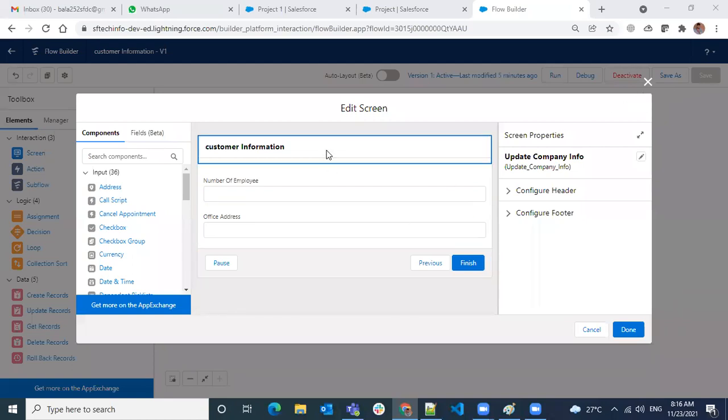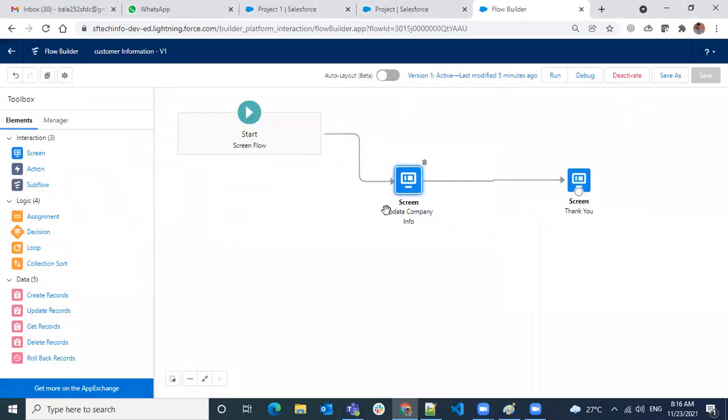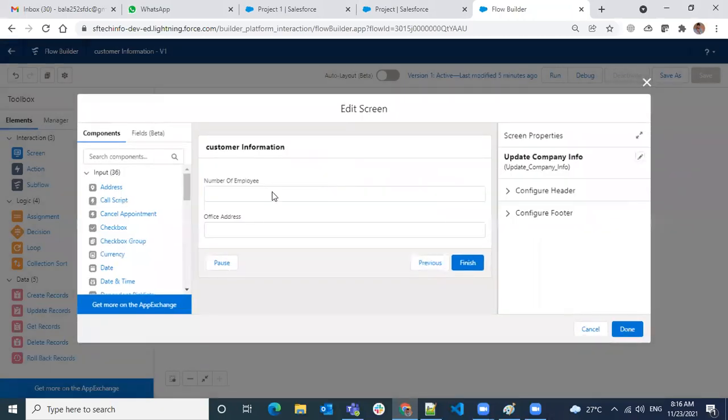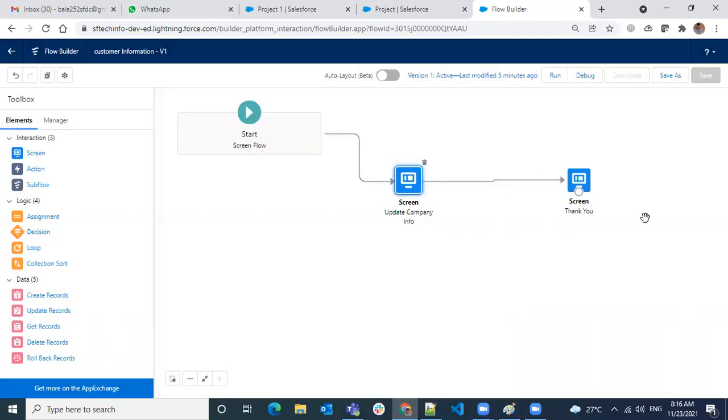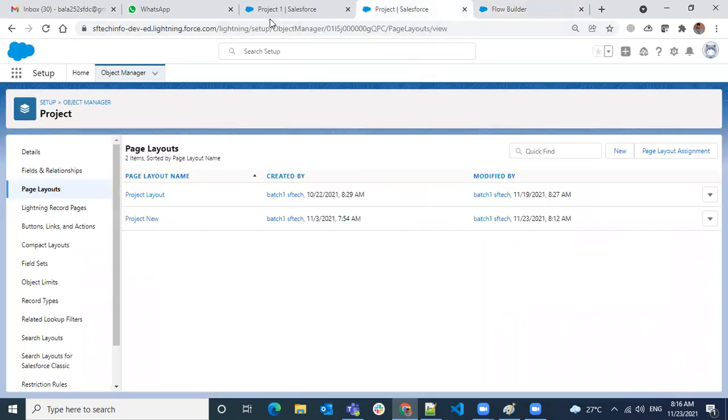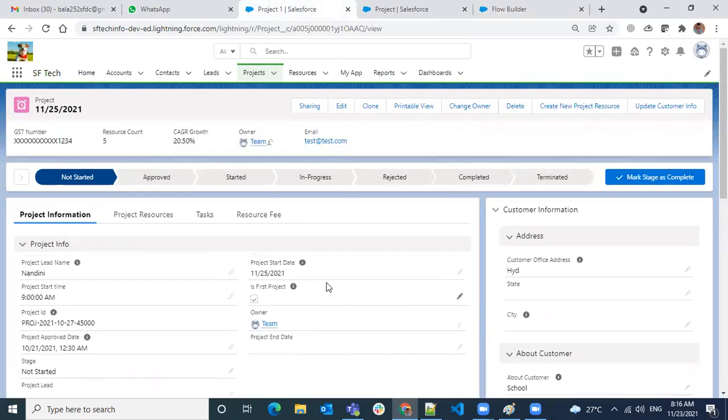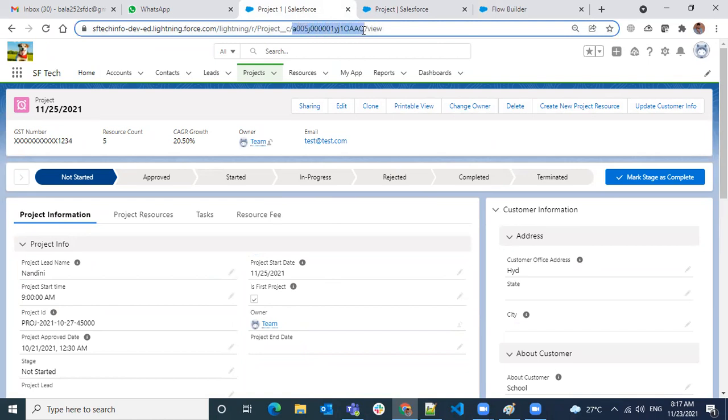So now what we have to do here was we want to pull the current record information and show it in the screen first step. And after you make the changes, we have to save that data to the same record. First thing was when you are opening or placing your flow on a specific record, we have to read the record ID of that particular object record where you have